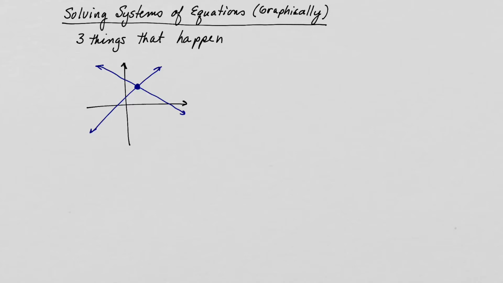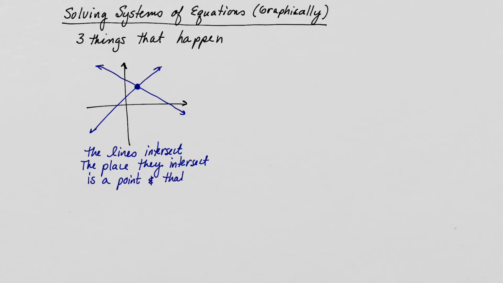So in this case, when they cross each other, the lines intersect, and the place they intersect is a point,